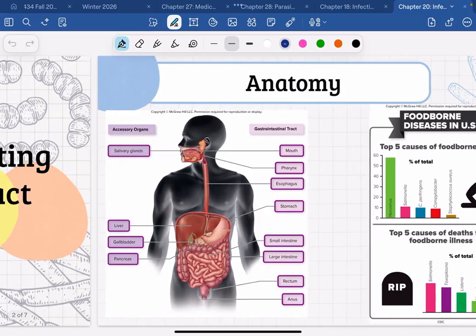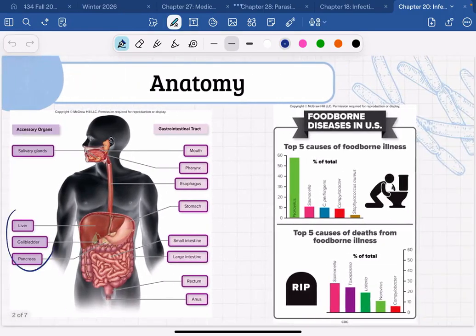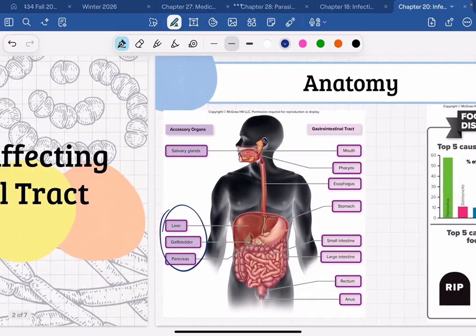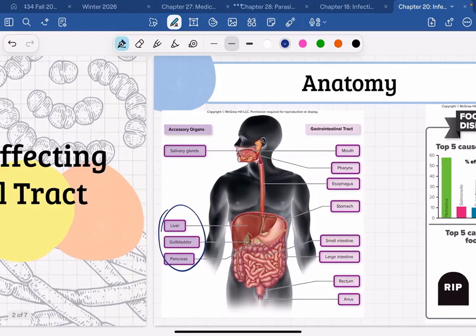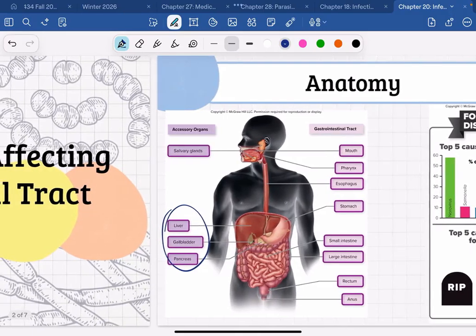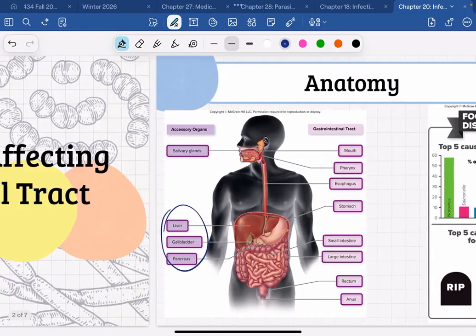Okay, so your gastrointestinal tract includes anything it can include your mouth as well, parts of your mouth, your trachea, the stomach, the large intestine, the gallbladder, the liver. All of these organs, the liver, gallbladder, and pancreas, we're not going to talk about their specific roles in the human body. You can talk about that in anatomy. But the liver, gallbladder, and pancreas are all involved in digestion. Not going to talk about their individual roles, but they play large roles in digesting food. Okay. And that's what the whole GI system is for. It is for digesting and absorbing nutrients.